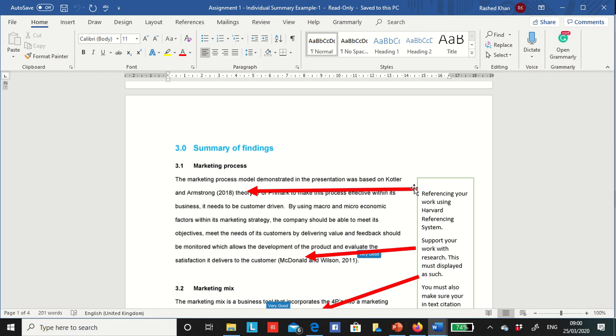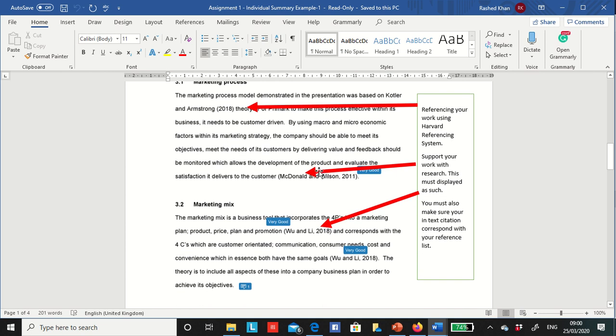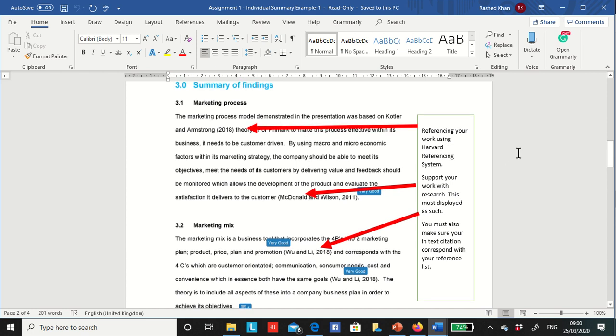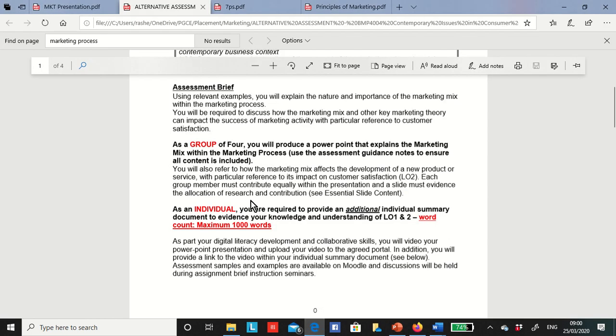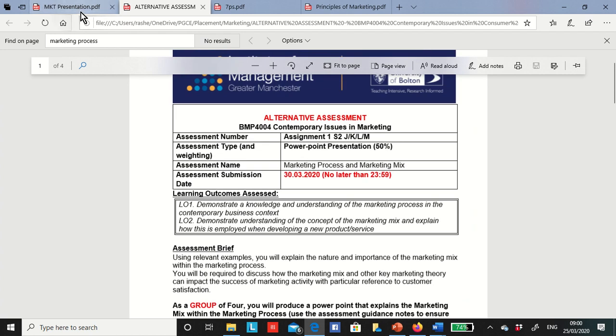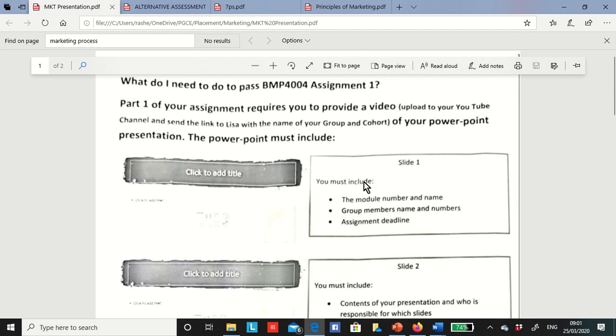I think Lisa mentioned in the fourth or fifth week. So definitely when you are writing something or presenting something, you are critically evaluating it or critically thinking about your work. Same again with your presentation. As you are not physically presenting now, we are expecting you should write a bit more detail.